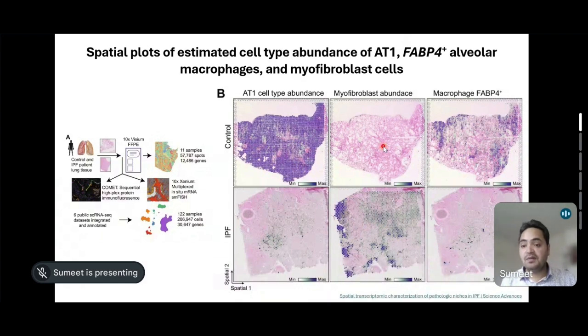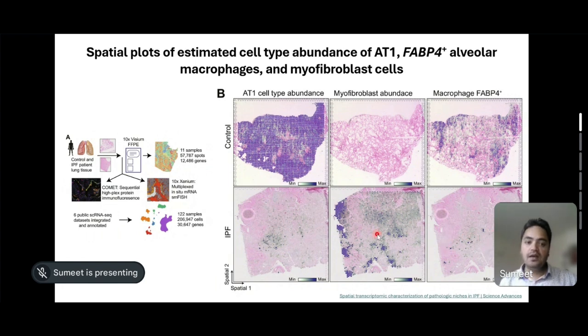Similarly, there are some specific macrophages, which are known as good macrophages. They are FABP4 positive macrophages. They are having heterogeneous distribution across the tissue. And when the patients have IPF, you actually see much more decrease in these FABP4 positive macrophages in the